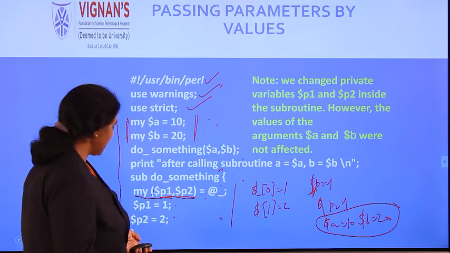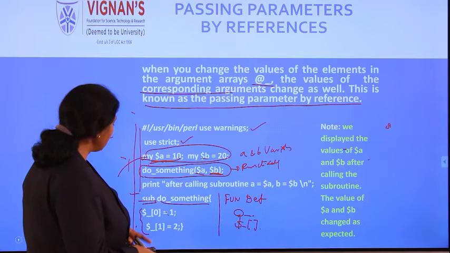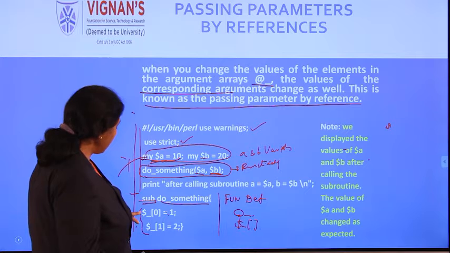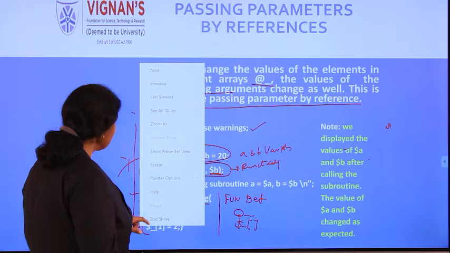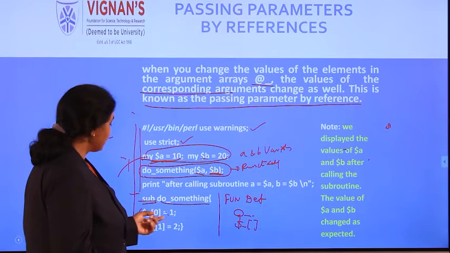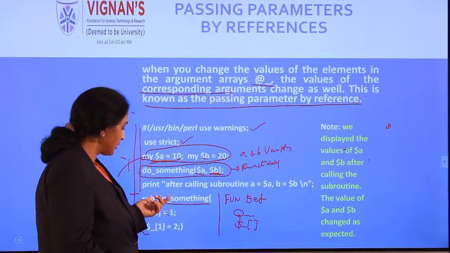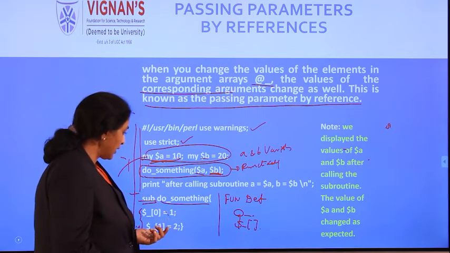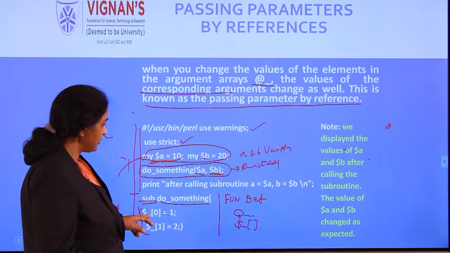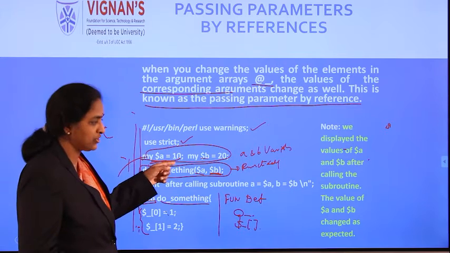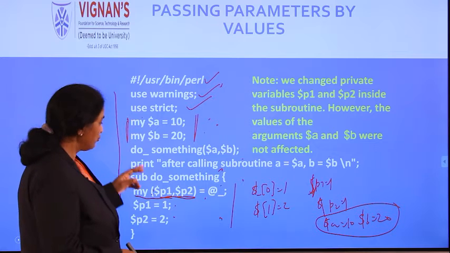Whereas in the earlier case, if you go back and see, same code. Up to this there is no change. Here we are not having a separate set of variables. We are accessing the same, but with the help of the array. So we are passing the reference. That's why we are accessing from the reference. Once you change the reference parameters, automatically the arguments will change. That is not happening when you are passing the parameters through values.